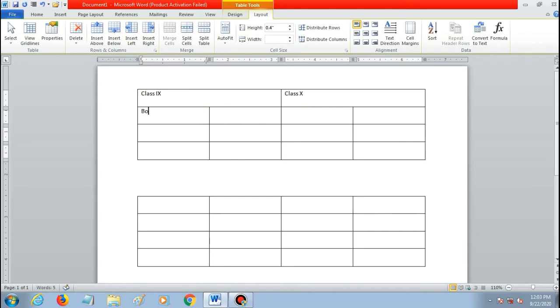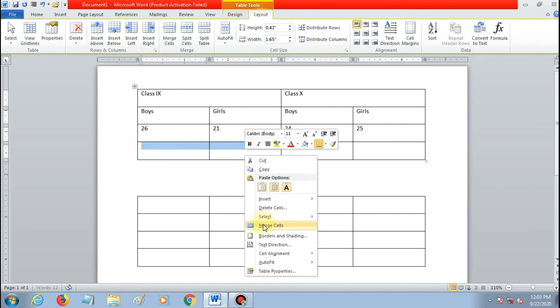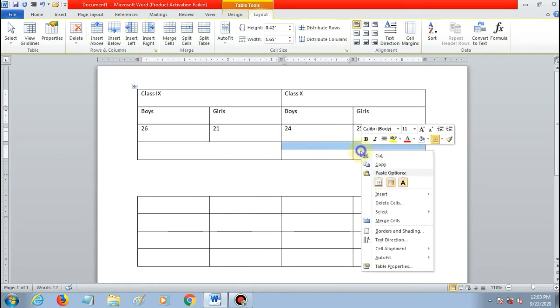Here we will write boys, girls, then copy it and paste here. Then we will write number of boys and number of girls. Then again we will merge using the right click option.